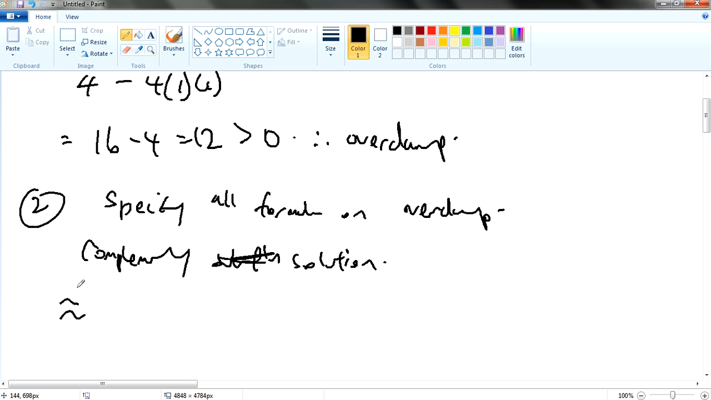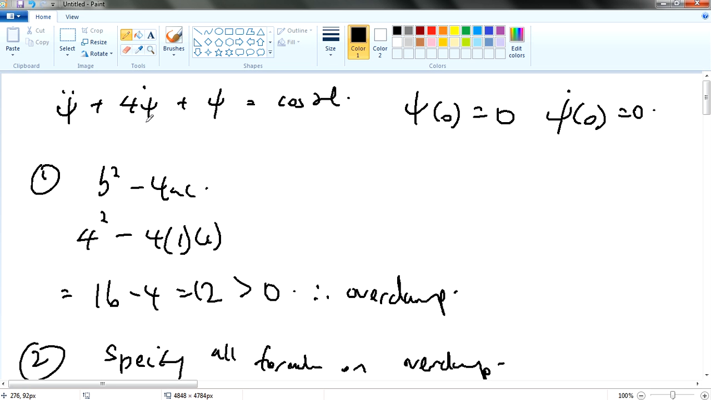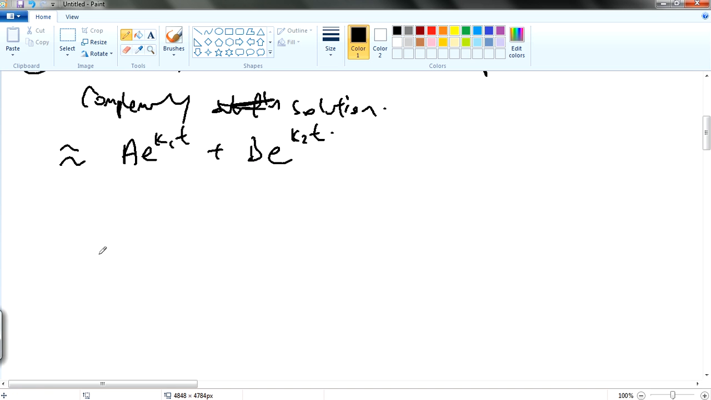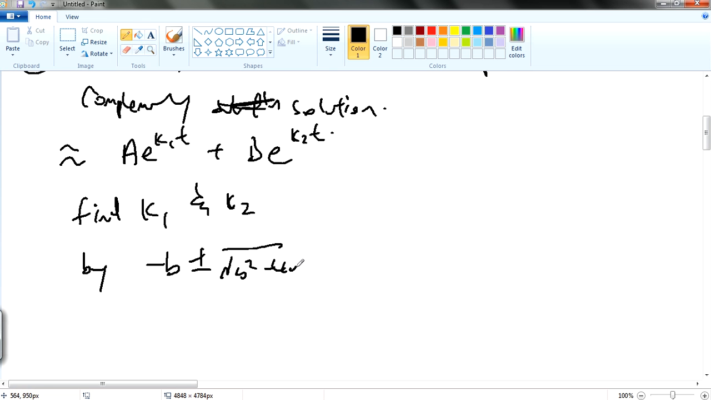Yeah, so you have A e^(k1 t) plus B e^(k2 t), and then from here you can also find k1 and k2. In the book, on page 73, you know that this is a, b, and c, right? So therefore you can find k by minus b plus minus square root of b square minus 4ac,